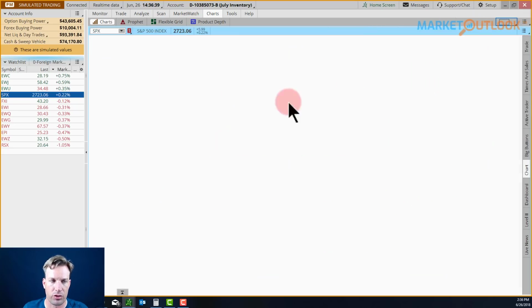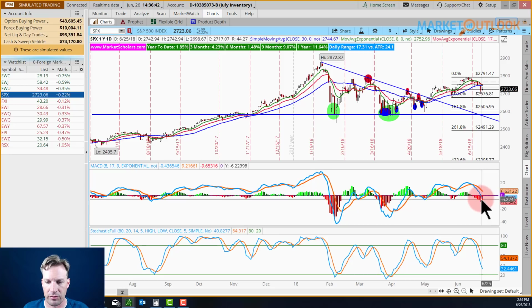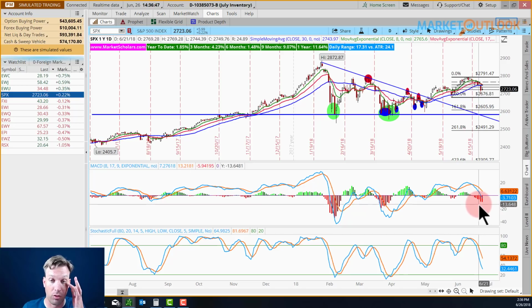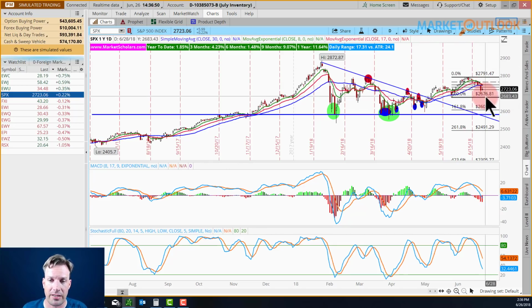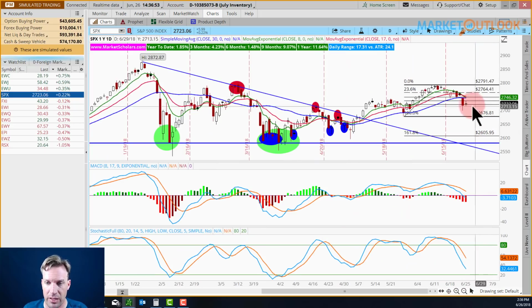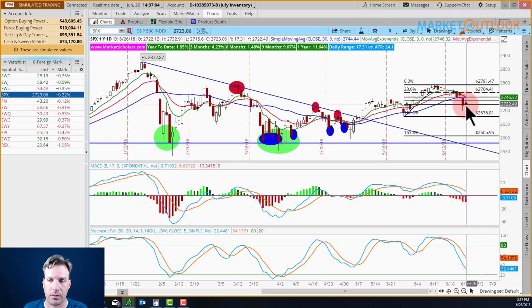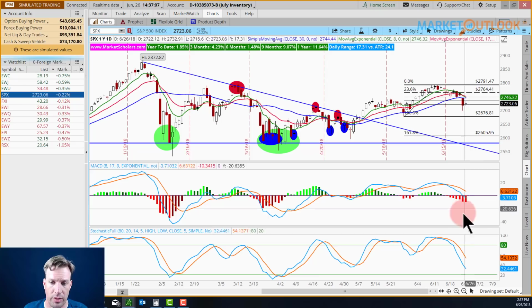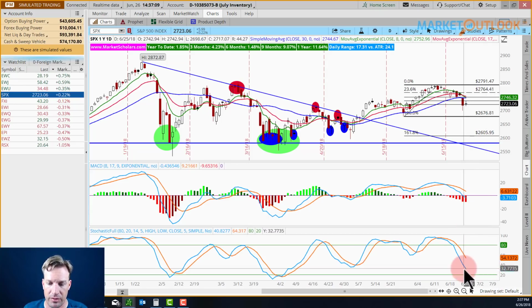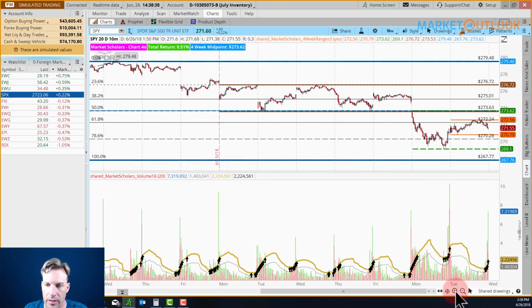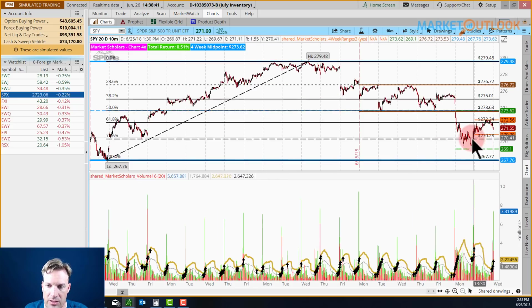Looking at the 2-line version of the MACD and the Stochastics, you can see they're both below their moving averages, and as of right now, still pulling away. So we still don't have that sign yet, and that's why I say we might even have another day or two where we bounce around this range and maybe even into the low point before eventually we come back up and start that new intermediate trend, enough to bring the intermediate line down below 50, like the Stochastics has gone below 50.